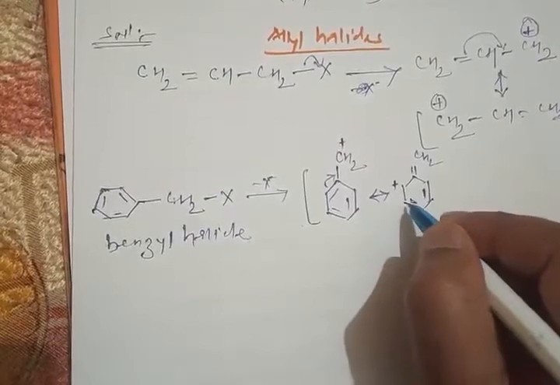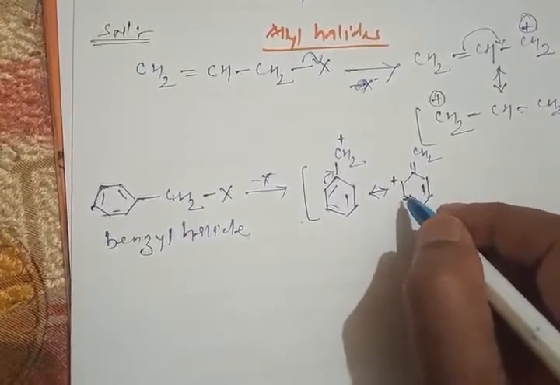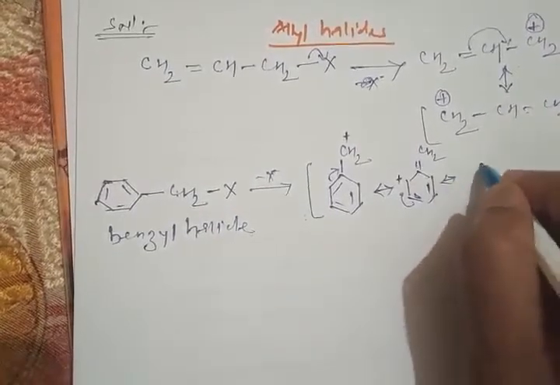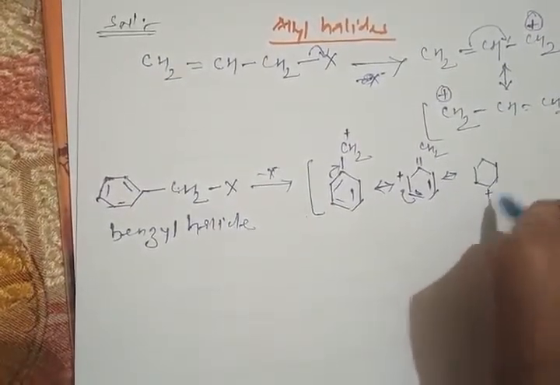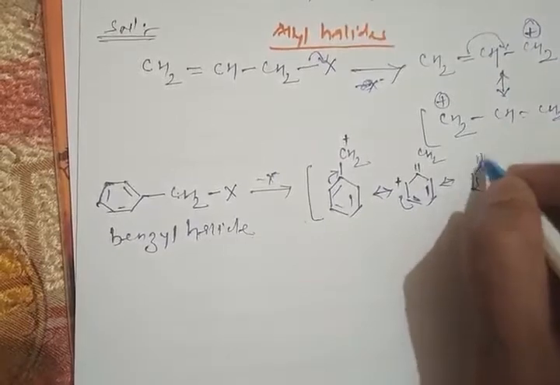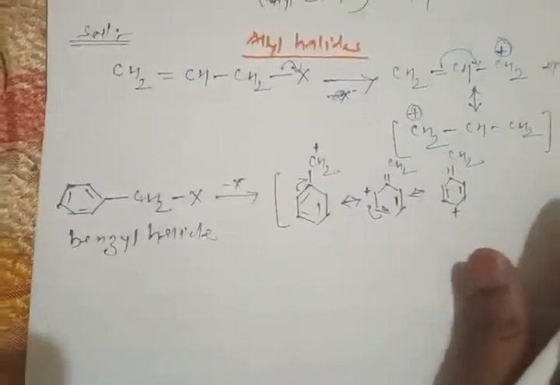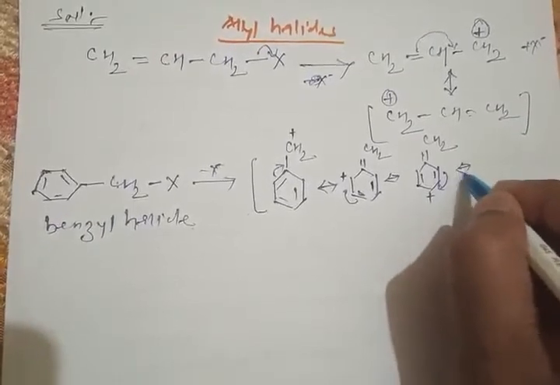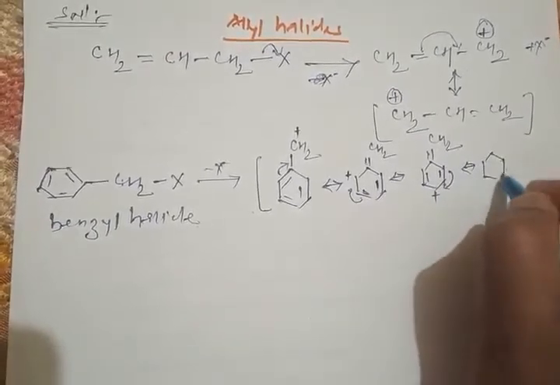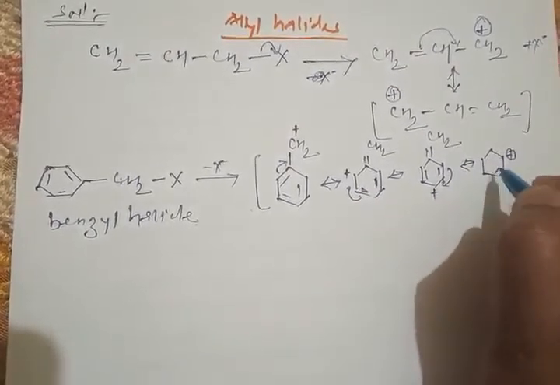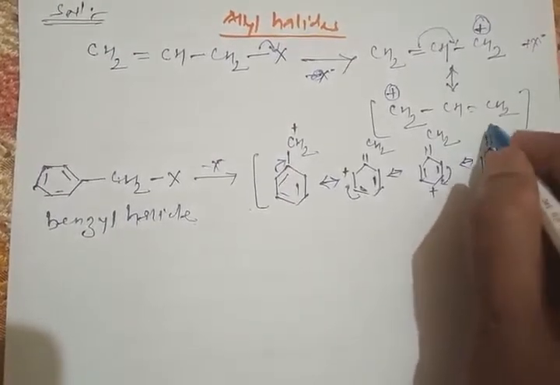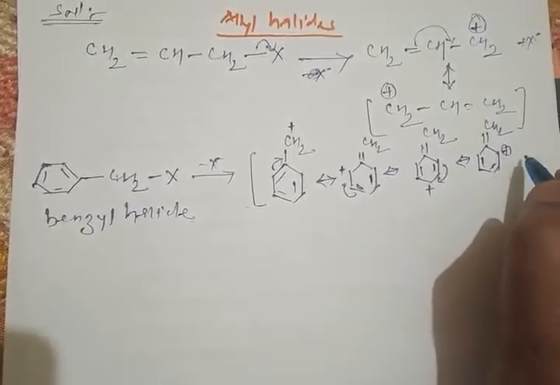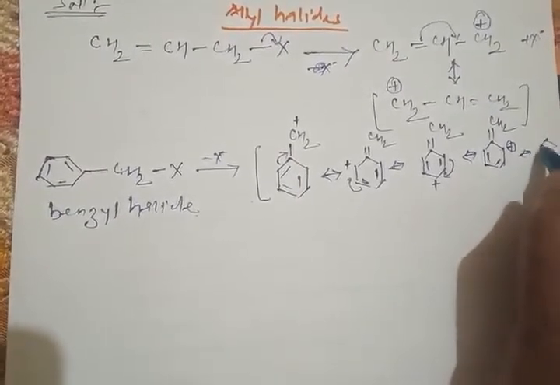This pi electron will shift to this side. The positive charge will generate here. So in the next stage, plus charge and double bond CH2, and in the next stage what will happen? This will move to this side, so the plus charge will generate here. Here is the plus charge, and this is the pi electron, and double bond CH2, and then in the final stage we'll get the product